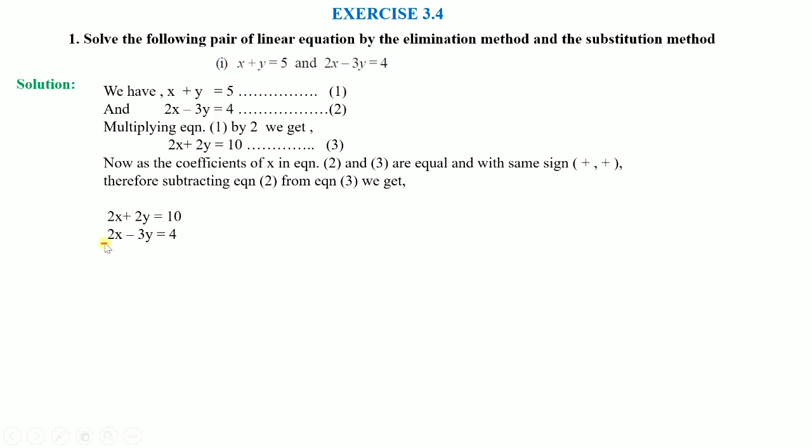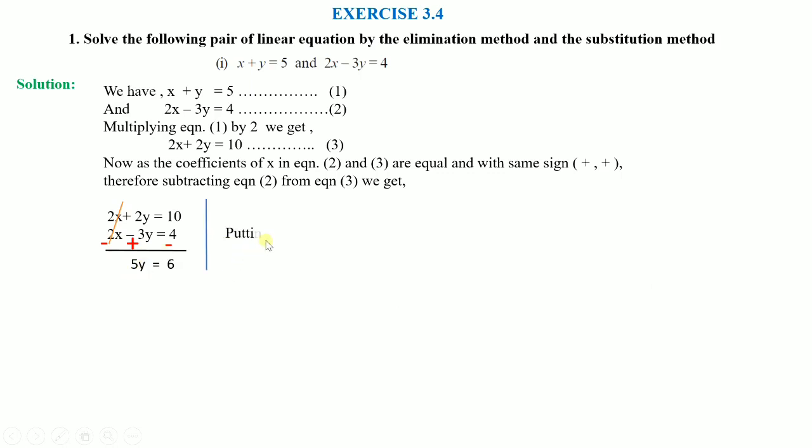So if it is plus, then minus; if it is minus, then the new sign will be positive. So this is plus, and this was also plus, so it should be minus. So this minus 2x and plus 2x cancelled, so we will have plus 3y plus 2y, 5y, and 10 minus 4 is equal to 6. So now